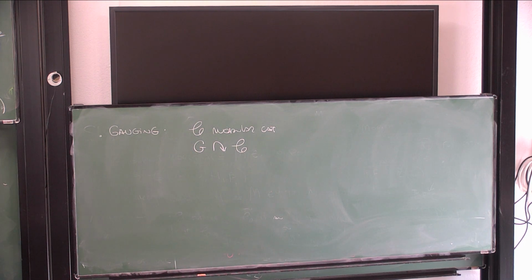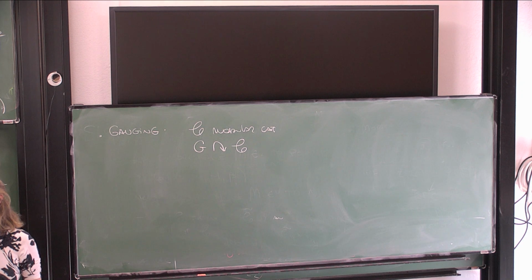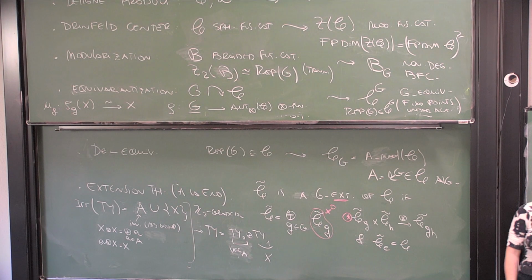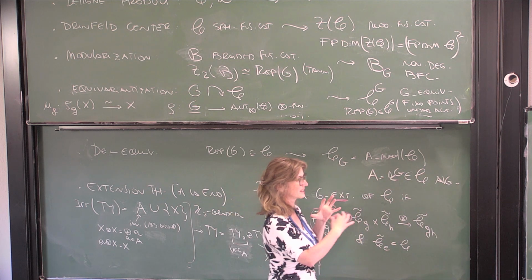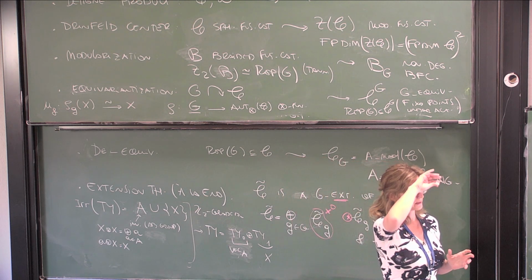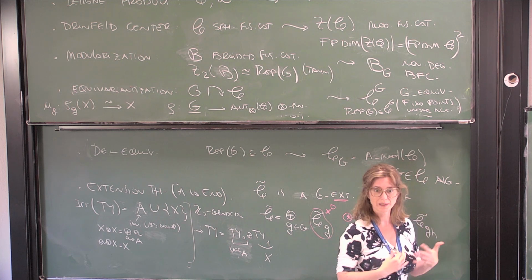And now I will need to introduce G-crossed, so I will mention a little bit what G-crossed is. But the idea is that we wanted to use this extension theory to get a new modular category. But I told you when you do the extension theory starting with a modular category, what you can get is a G-crossed category. And in this case, as someone asked me yesterday, it's a G-crossed category that has the modular category in the trivial component. So that's nice because Drinfeld, Nikshych, Ostrik, Gelaki proved that if you have an extension and the trivial component is modular and you do an equivariantization, that's modular again, or non-degenerate again. So you will get that.